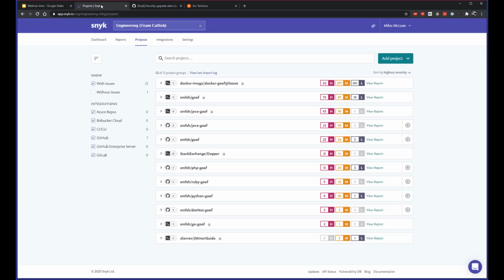I'm going to actually jump into the platform now and show you where the rubber meets the road, talk about what Snyk actually looks like and how a user actually interacts with the product. So on our main page here, I'm on a projects page for my organization. This is kind of my group in Snyk, and these are the projects that my group is responsible for. If I wanted to add new projects or have Snyk monitor something new, I would click on add project and